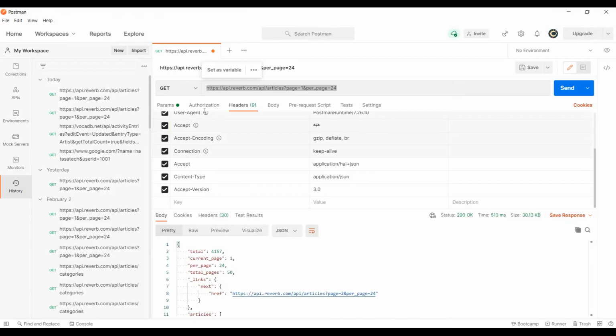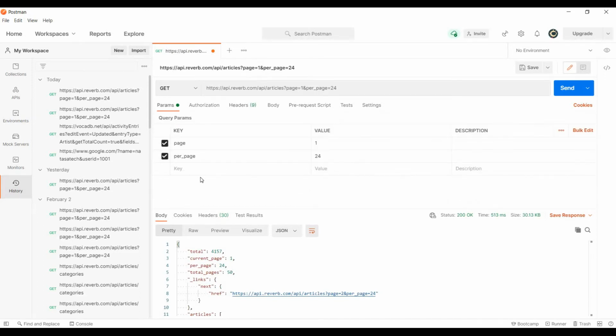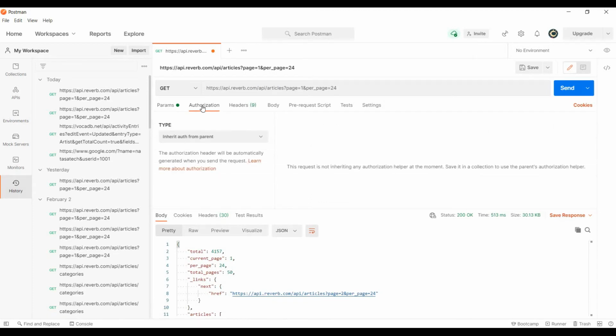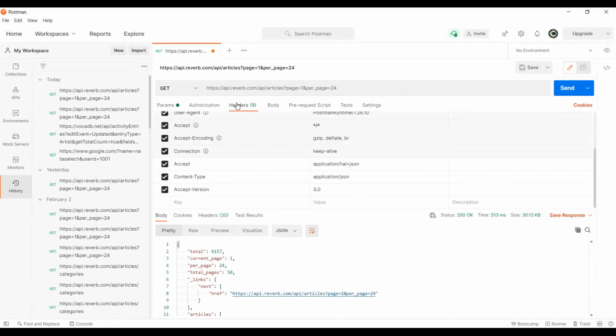I'm going to open Postman. So this is the request field: Params, Authorization, Headers, Body, Pre-request Script, Tests, Settings. If you want to pass a parameter, you have to update it here in key and value format. Authorization is required when user credentials are needed; at that time you have to update it here. If there are any header values, you update them here. That way we pass them as parameters, right? For this request URL, we need to update the header. So here I'll show you how the parameters are set inside the header.